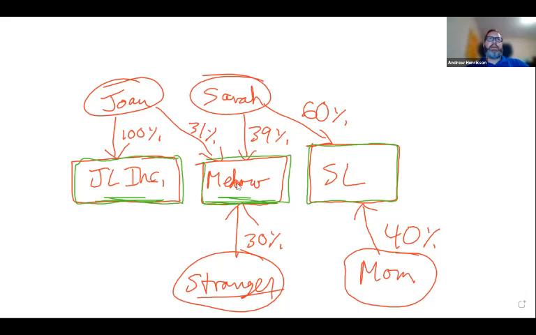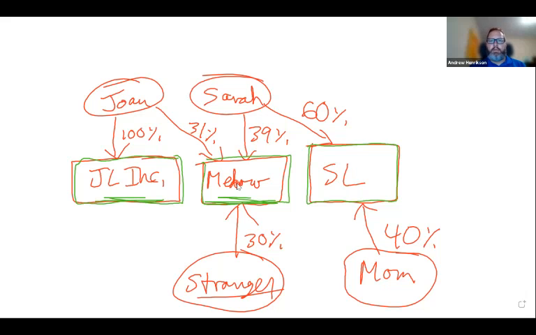And that's because D's when we get a little more complicated, we're talking about related groups. So we've got Joan and Sarah as a group. All you have to do to be a group is own shares in the same company. In addition to that, they're a related group. So that's the first part.